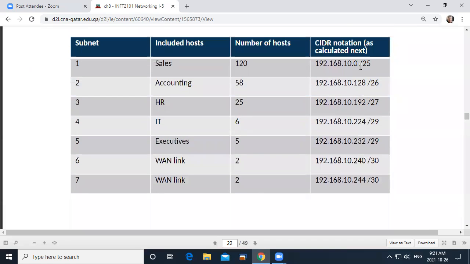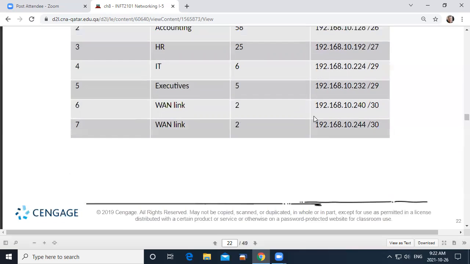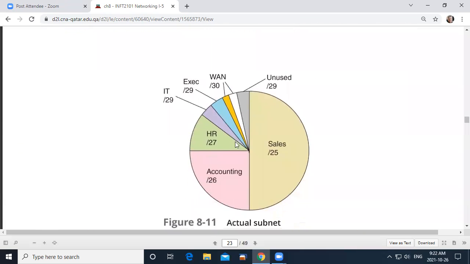So you know what this means, right? It's always best to use the simplest explanation possible, I think. /26 means the first 26 bits in an IP address are the network. /29 means the first 29 bits in an IP address are the network. So that's what it means, as long as we keep in mind what the slash means. And why is that important? Because we divide up every IP address into two parts, the network address part and the host address part. And so this is a way that they've done that variable length subnetting.